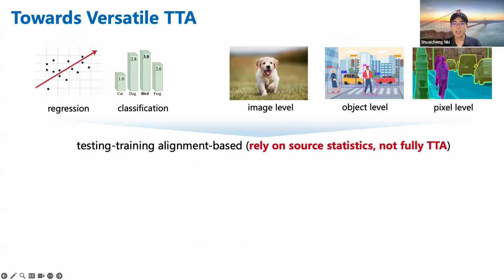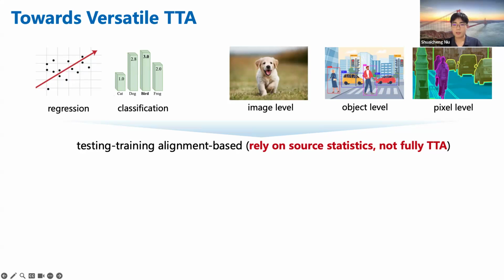And lastly, alignment-based approaches conduct adaptation by aligning feature statistics like mean and variance between the target and the source data. While this approach is more general and applicable to a broader range of tasks, it requires pre-calculating source statistics with access to the source data. This raises data privacy concerns. Moreover,